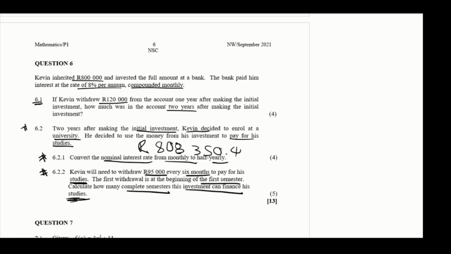With this initial investment, we are told that he made a withdrawal of 95,000. So 95,000 Rand was withdrawn from the account. We want to identify the number of payments. Since we have the total of 808,350 and an immediate withdrawal,